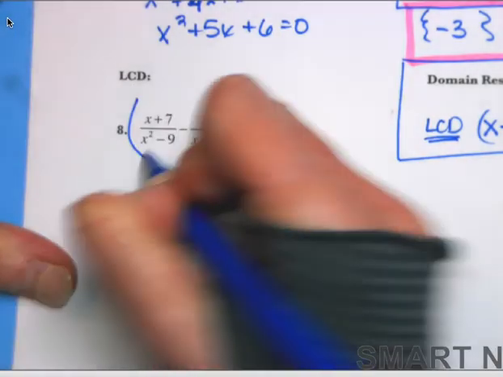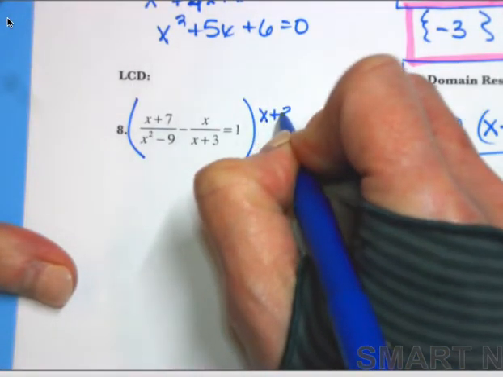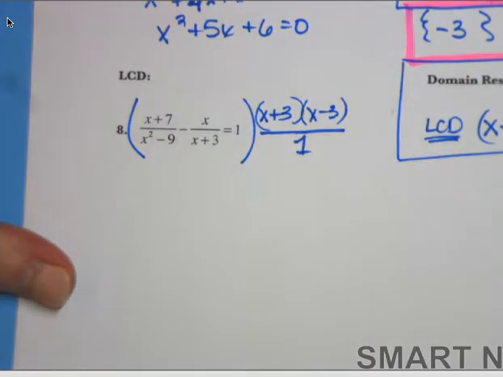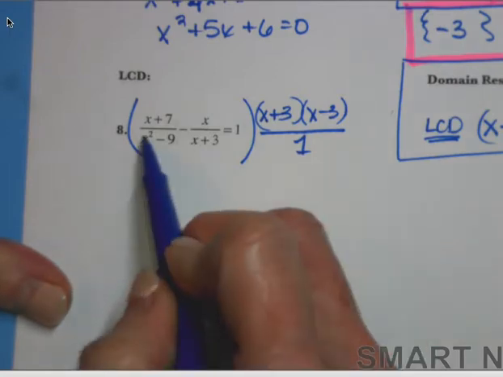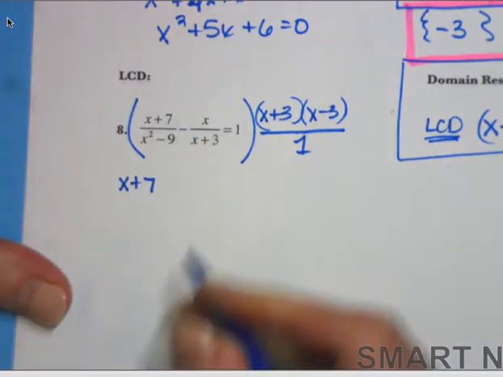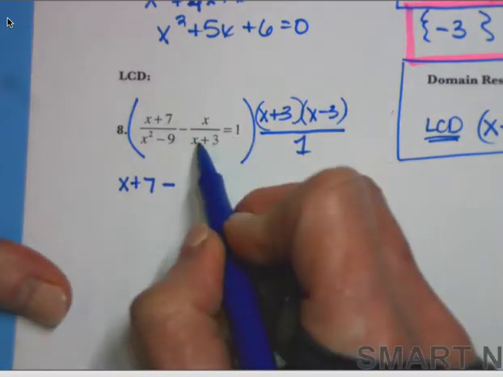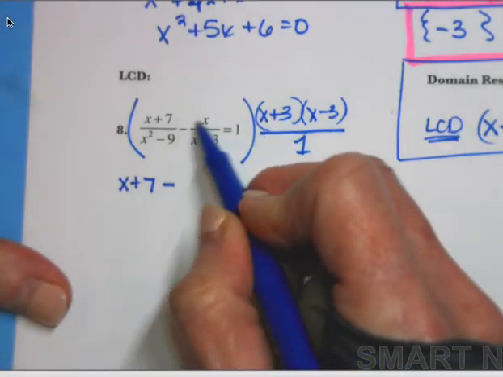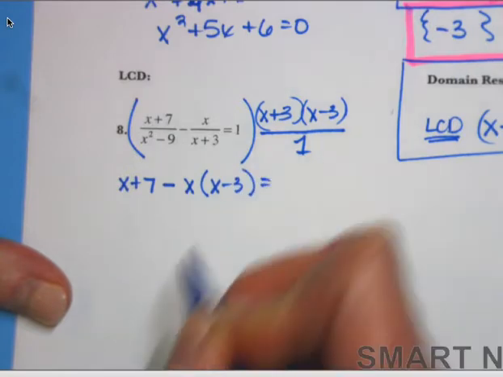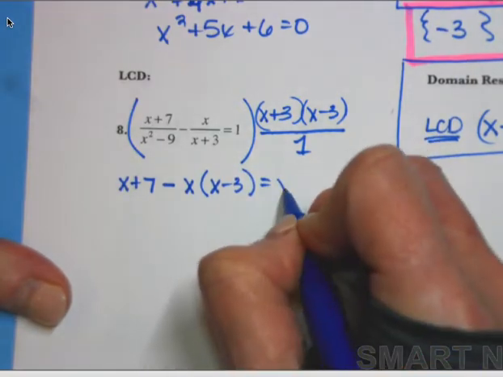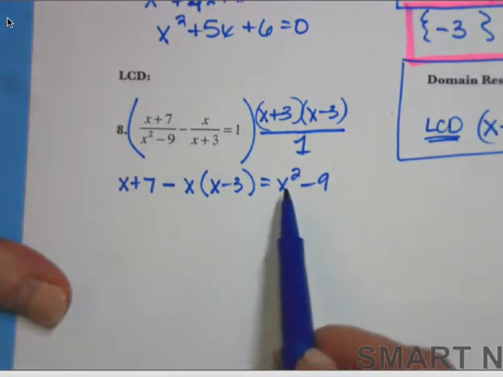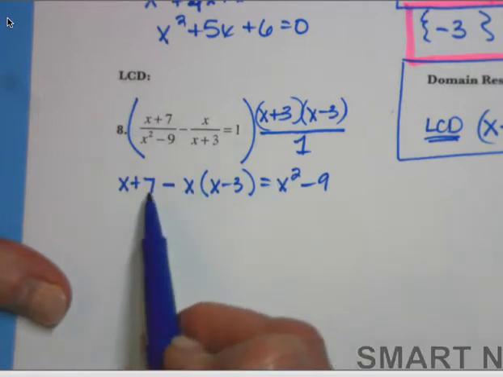So once again, I'm going to bracket the entire problem. I'm going to multiply by that common denominator, and I'll look at it in its factored pieces so that it's easy for me to see what's happening. The first ratio has the common denominator, so the numerator is the only piece that's left standing. This is a subtraction problem. X plus 3 is going to divide out of the problem, and what's going to remain is that original numerator and the factor that was originally missing. And then I'm going to set this equal to x squared minus 9, and I'm going to go ahead and put this in its multiplied form